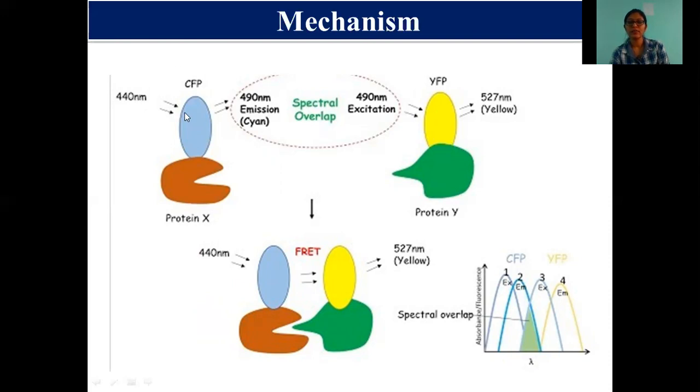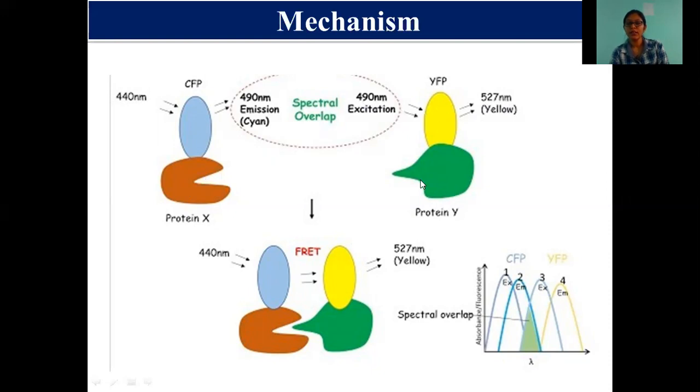The absorption wavelength of CFP is 440 nanometer, and the emission wavelength of this fluorescent molecule is 490 nanometer, and this CFP is labeled with protein X. And the other fluorescent molecule, YFP, has an absorption or excitation wavelength of 490 nanometer, and it emits a wavelength of 527 nanometer,